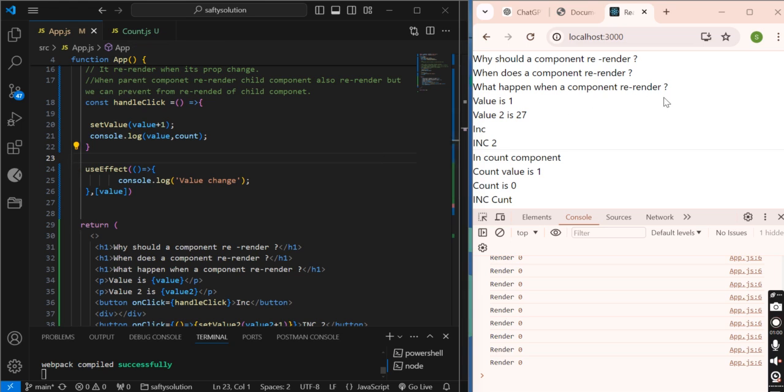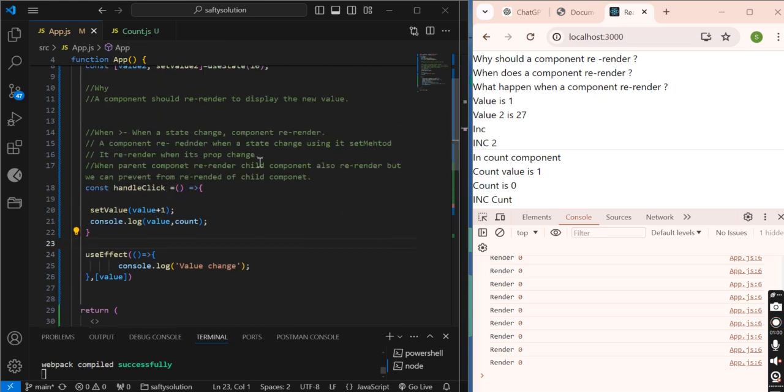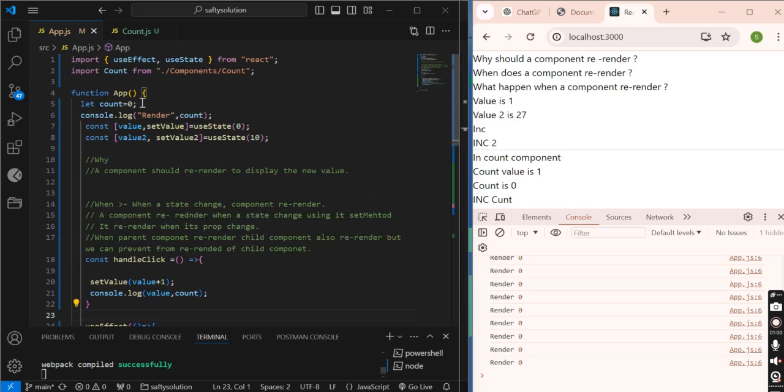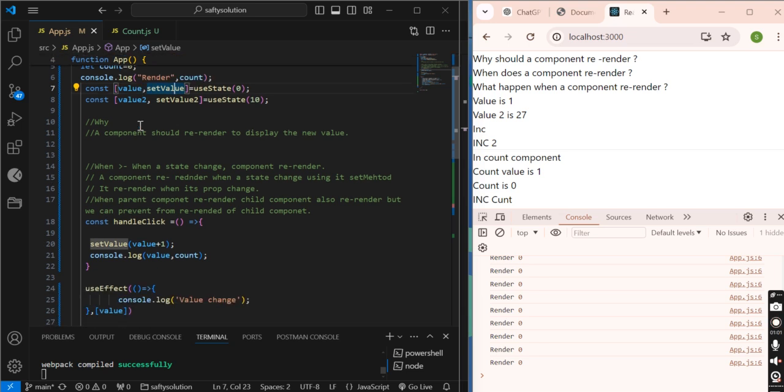So what happens when a component re-renders? It initializes the local variables, simple variables. Then the set methods execute, and they assign the value according to the previous value, whether it has changed or not.